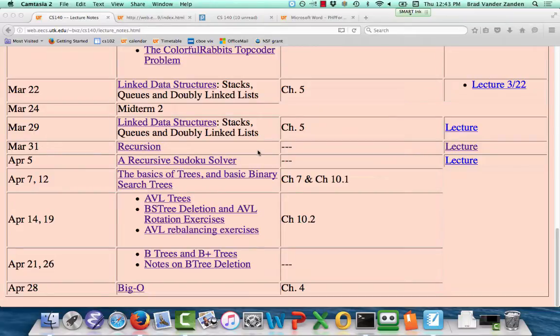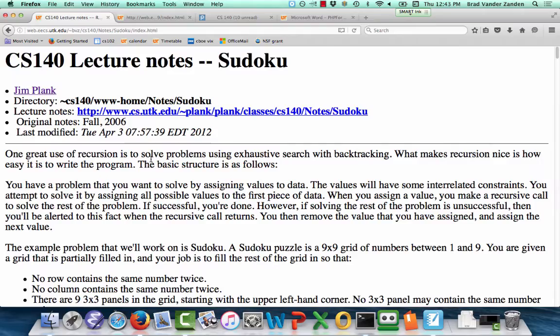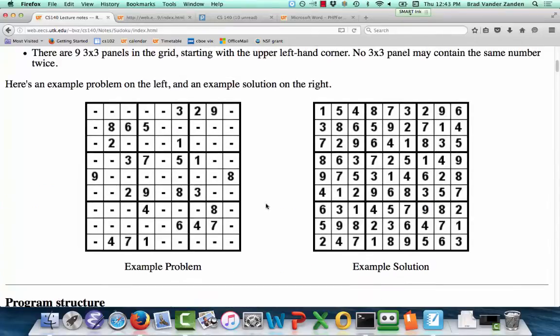Any questions from last time about recursion? Okay, so like I said, we're going to finish up, and if you remember, what's recursion really good at in the context of puzzle solving? Both Towers of Hanoi and Sudoku, what's its strength? Backtracking. So being able to roll back a solution to a previous